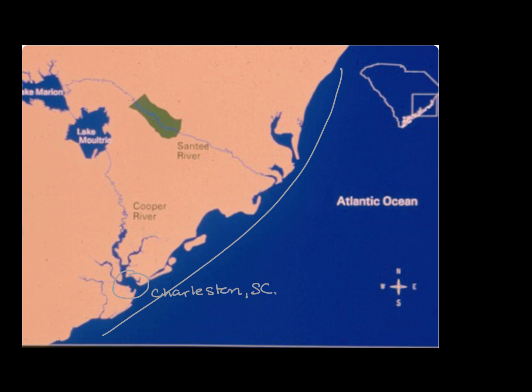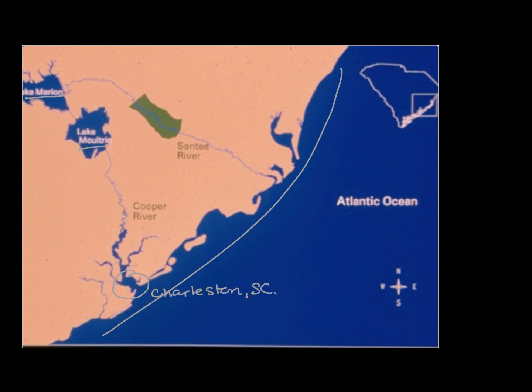The river that flows into Charleston Harbor is the Cooper River, and the Cooper River moves across the Piedmont and then down through the coastal plain and eventually into Charleston Harbor. Above the Charleston Harbor are two reservoirs. There's Lake Marion and Lake Moultrie. These two lakes, or these two reservoirs, are man-made reservoirs. They were created in the early 1900s by damming the Cooper River